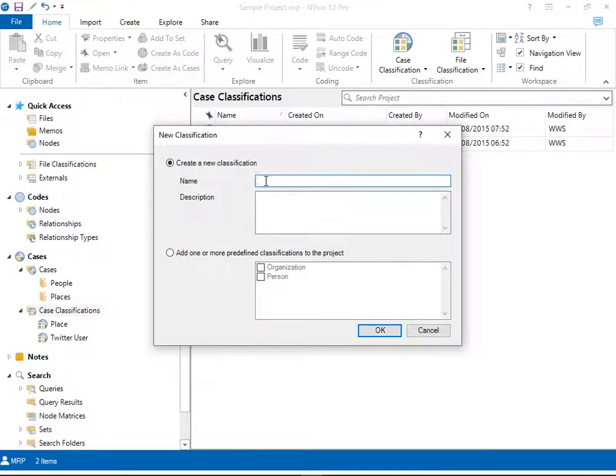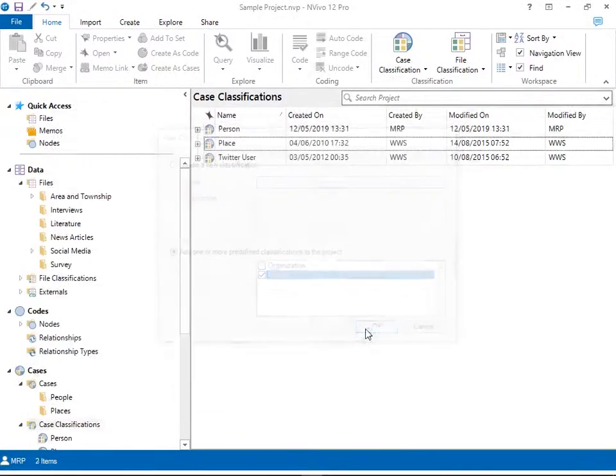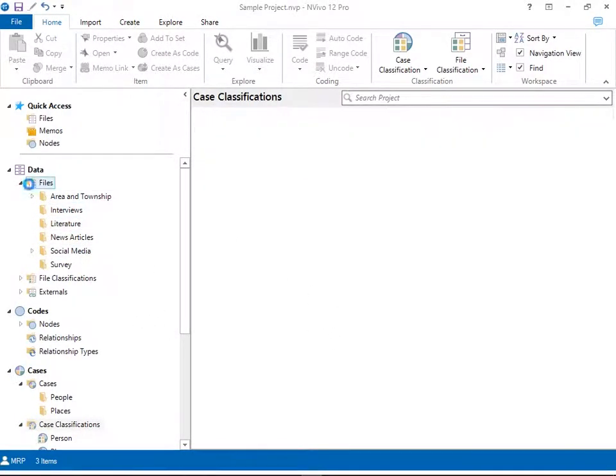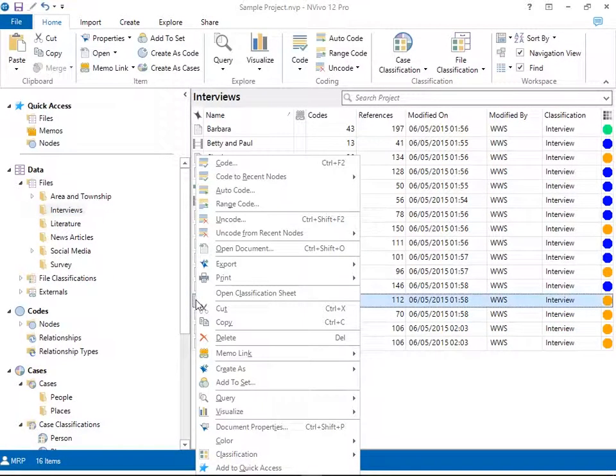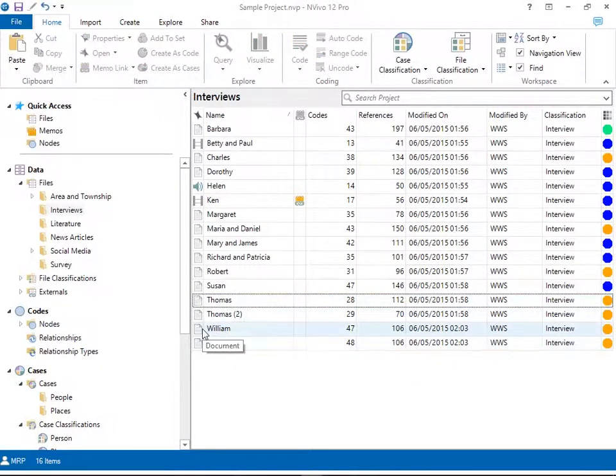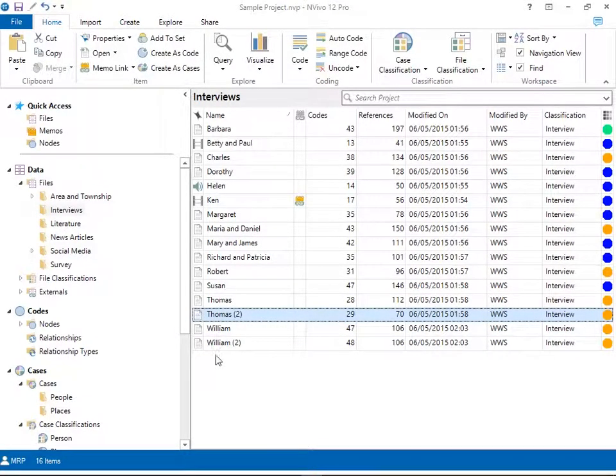I can generate one from scratch here by putting a name in, but otherwise I can just click here and click person, click OK. Then what I need to do is to go into the files area, into the interviews section, and choose my subjects to classify. And what I've done is I've right clicked on Thomas and copied and pasted him back into the same section, and the same with William,